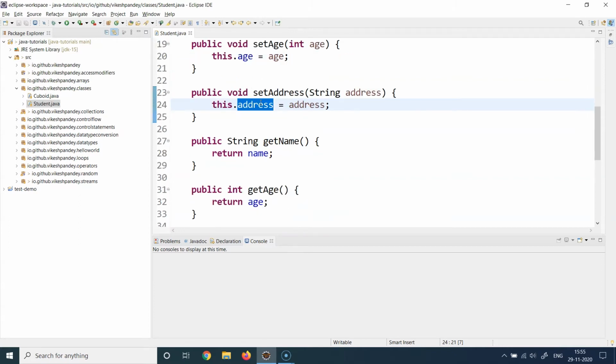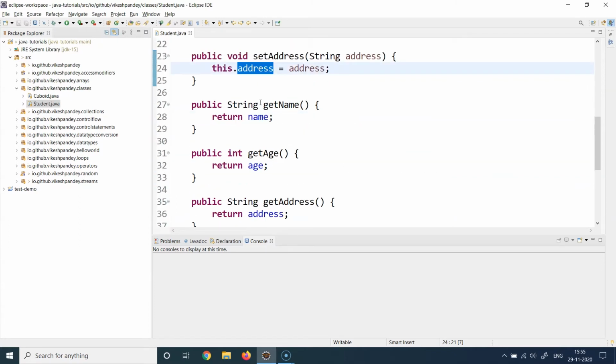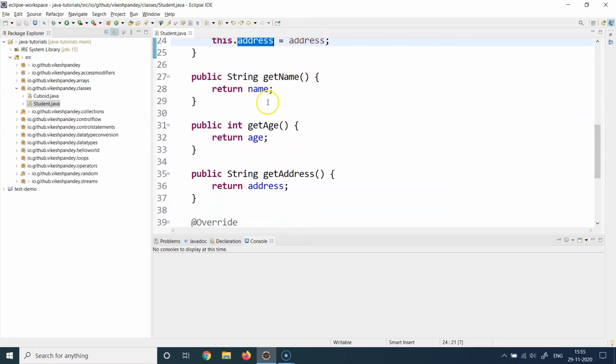Now, you also need to provide a way to receive the values, or to return the values, or to read the values. For the reading operation, you need to provide the getter method. So you see this get; again, this is not a keyword, it's a standard naming convention. Similar to when you wrote set name, you will write a get name method. This get name method is supposed to read the current object's name property value and return that value. Since name is a string, that's why you see the return type as String here.